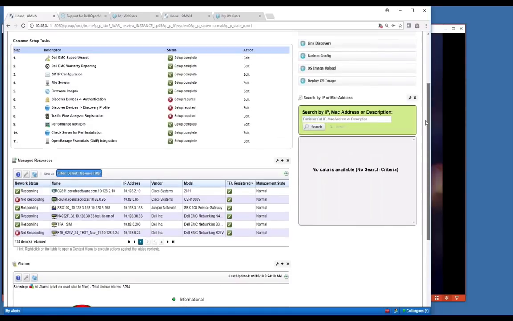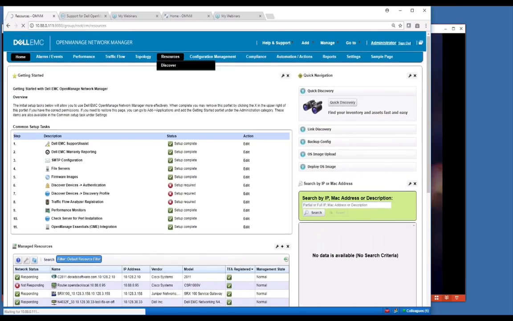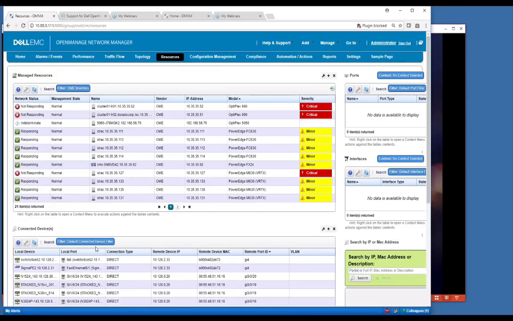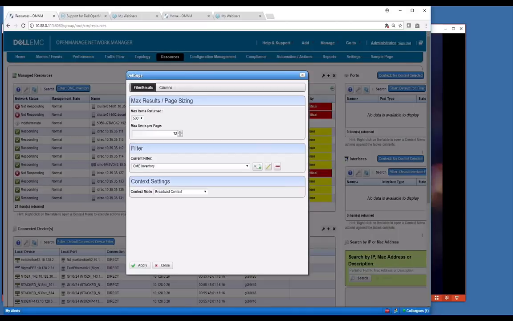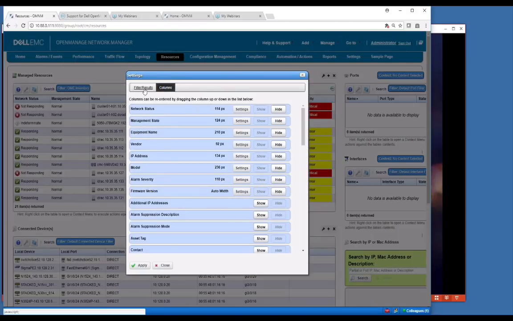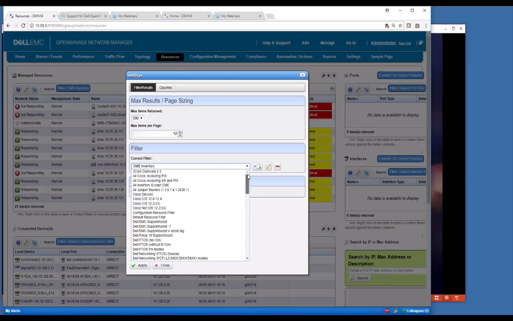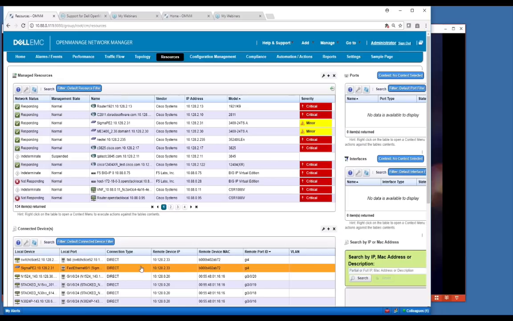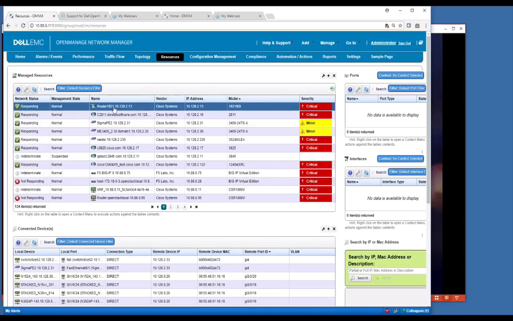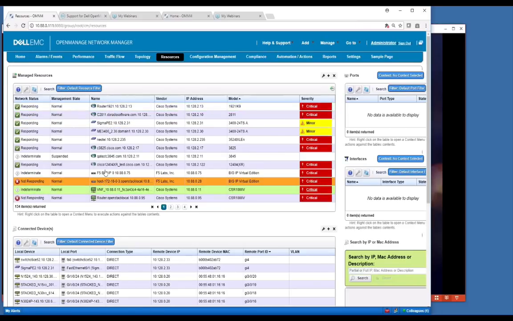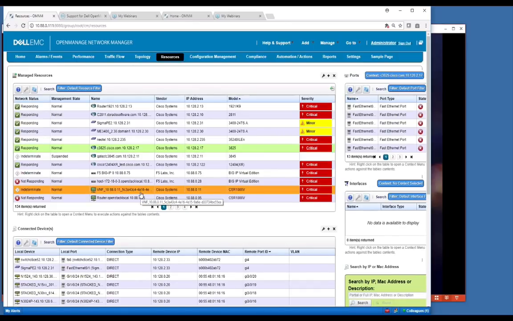And the last thing I wanted to show you was this context sensitive type behavior, where you'll see on this page, I'm going to set my default filter to show all devices. Default one there, 5. And then what you'll see is that these ports and interfaces are blank. And as soon as I select one here, what you'll see, oops, let me try that again. Select another one here. Okay, so what you would see here, if this is set up, it may not be set up, but you'll